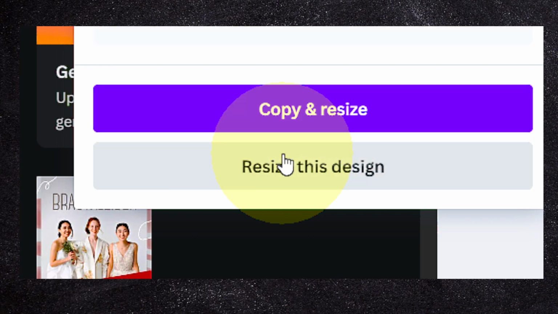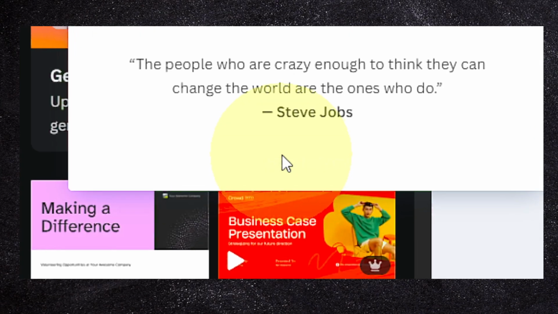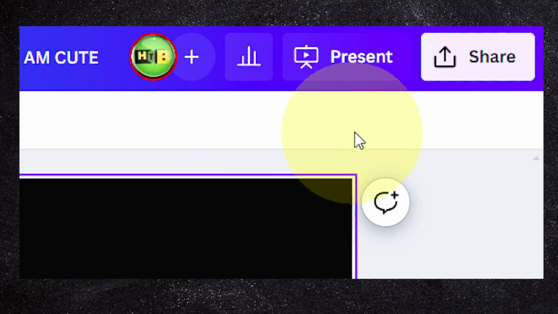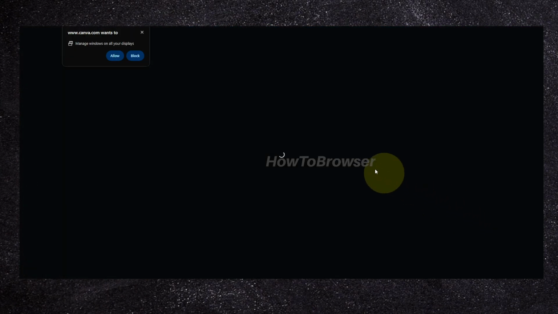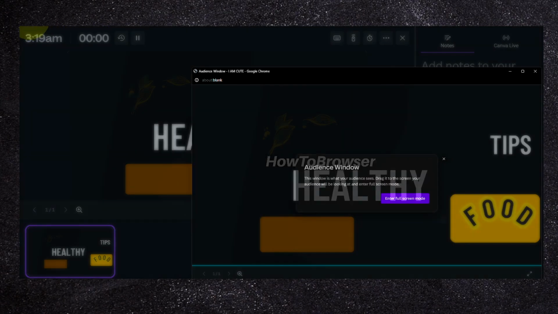You're recording yourself because you can record, and this can be helpful. So I can click on here present, and here you have present view. I can click on present now,